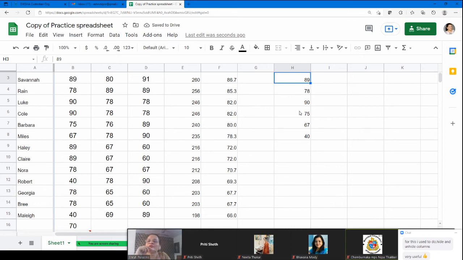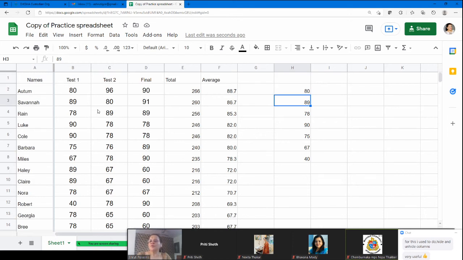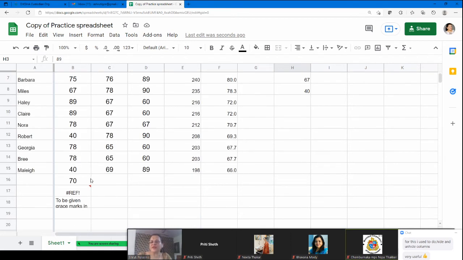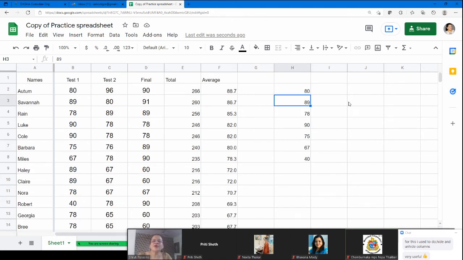So these are only unique numbers. Here you see you've got 15 numbers from 2 to, we have taken till B15. So there are 14 numbers from B2 to B15. But when we are looking for unique numbers, you have got only 3, 4, 5, 6, 7 and not 15. Why? Because these numbers are repeated again.